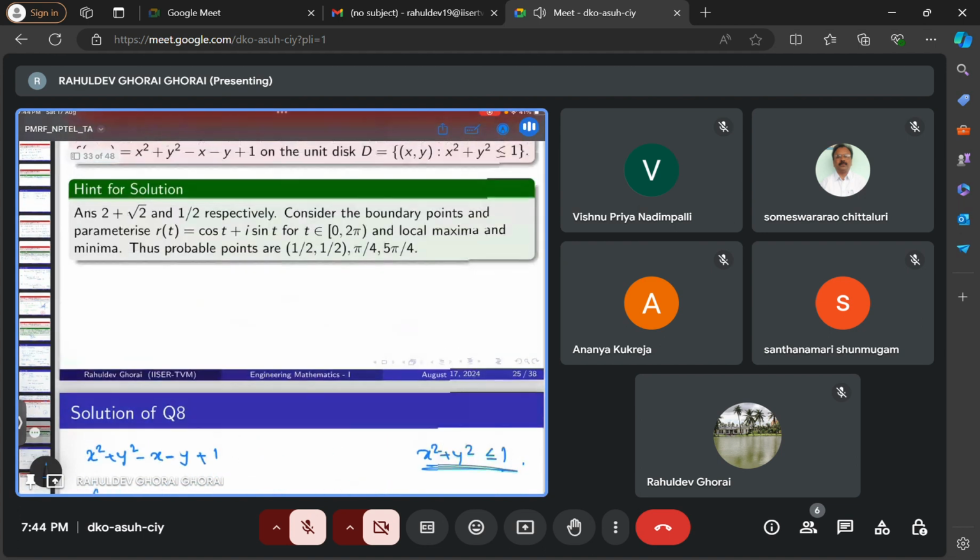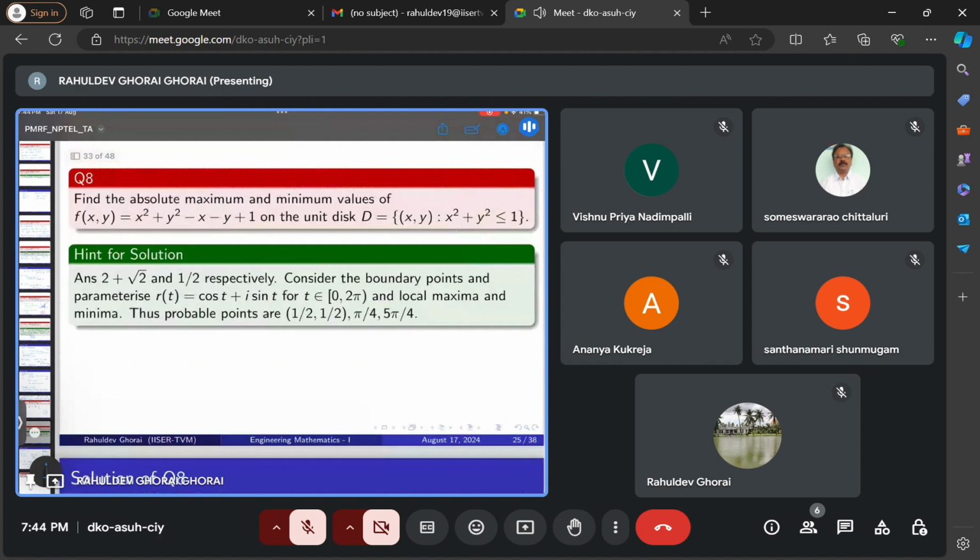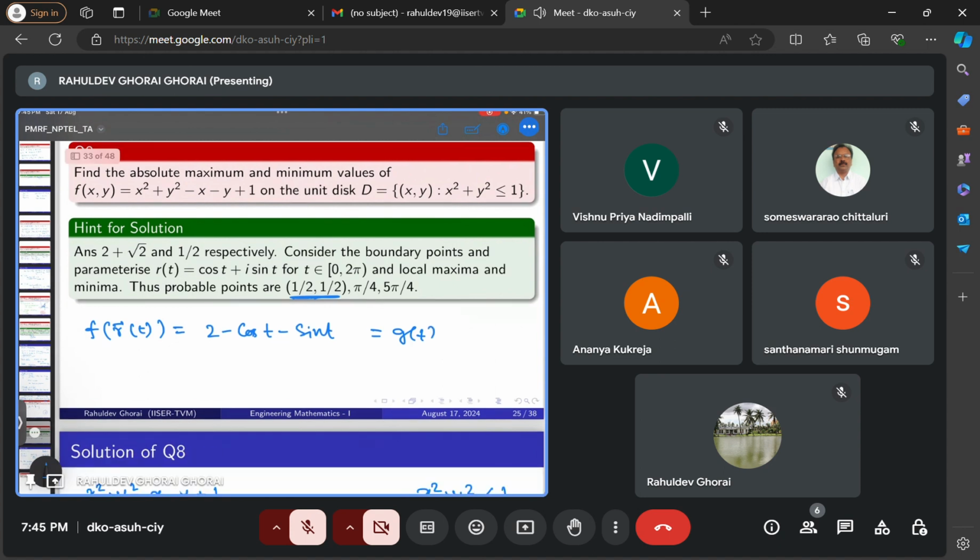Okay, question 88. So you see, one probable point we got, another one we have. So f of r t we got as 2 minus cos t minus sin t. This is nothing but now a function of one variable. So to find the maxima, we do g dash t, that is nothing but sin t minus cos t. So g dash t equal to 0 gives you